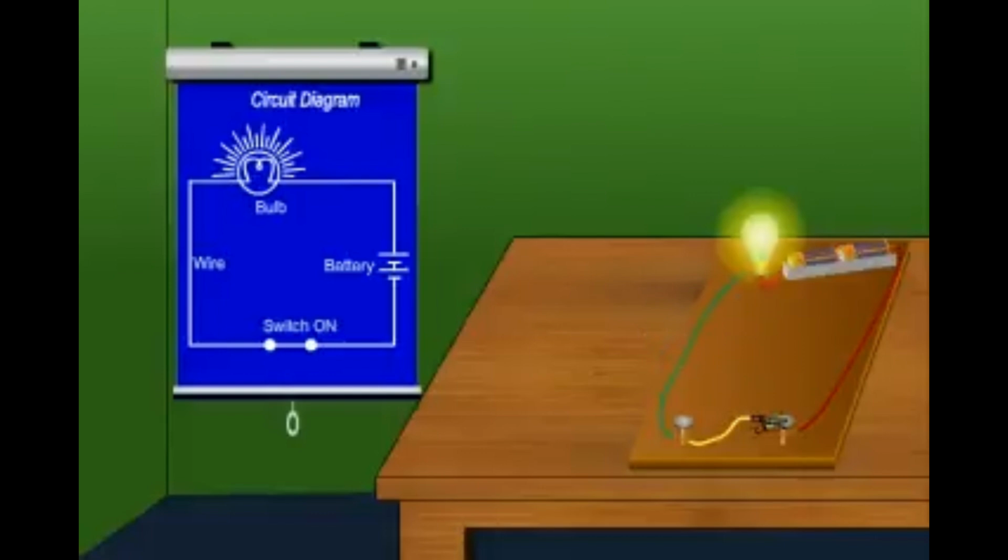And then it is called a closed circuit. And if the switch is in the off position, you still have a circuit, but it's an